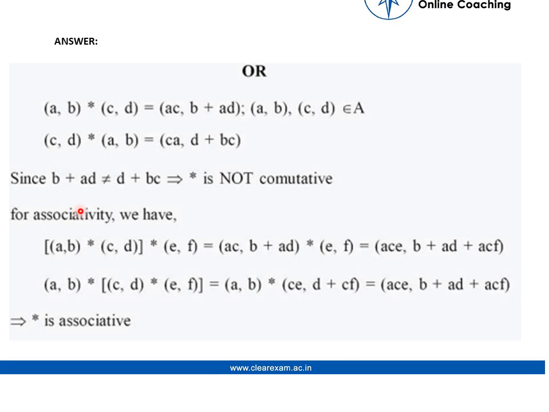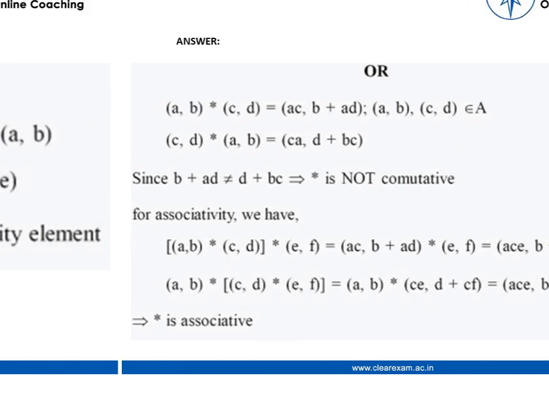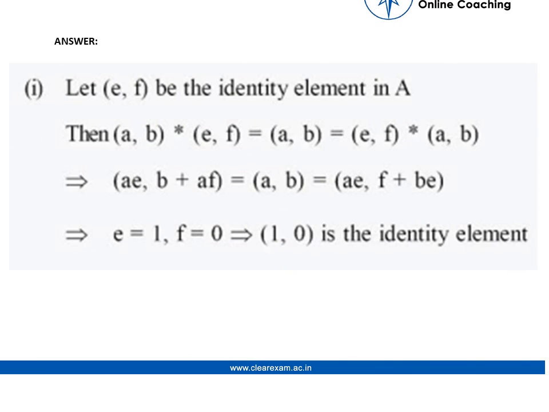We can show this by an example with numbers also. For associativity, as I said, we need one more set of variables, so we need three variables, and according to the property we'll check, and we can clearly observe that this is associative. For these types of questions, we should really remember the properties like commutative, associative, and all that. Now our goal is to find the identity element.